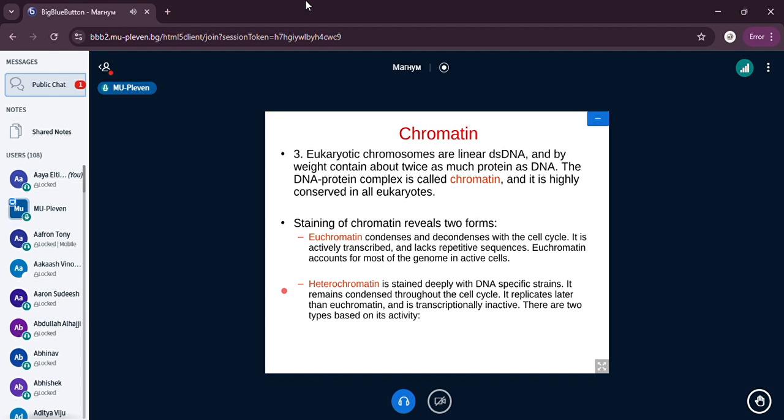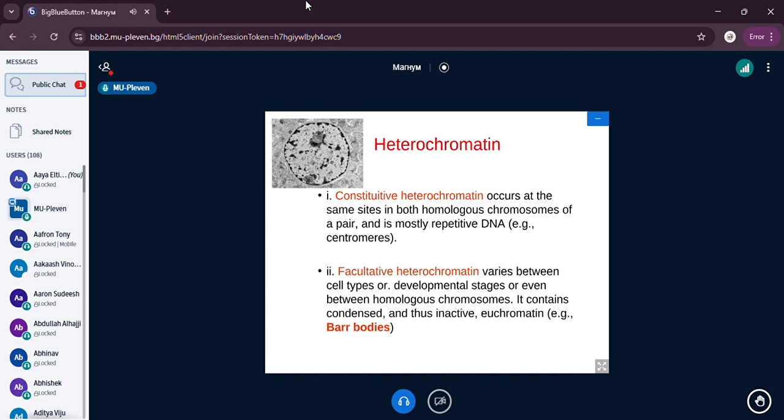Heterochromatin stains deeply with DNA-specific stains, in contrast to euchromatin. Euchromatin usually looks lighter in the nucleus. Heterochromatin is a dark mass because it is condensed throughout the whole cell cycle usually. And usually it replicates later than euchromatin and is transcriptionally inactive, meaning the sequences of the heterochromatin are not transcribed. And of course, not always, because it is established that heterochromatin could be divided into two